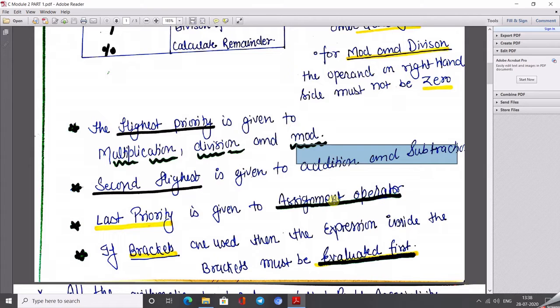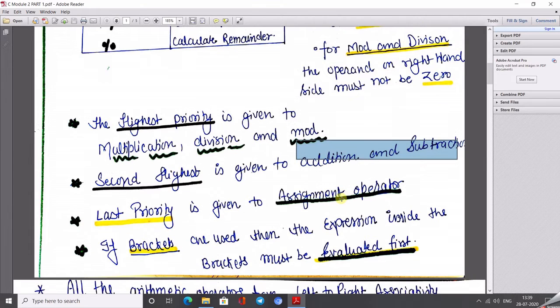Like we write A equal to B plus C. Here the equal sign is known in computer language as an assignment statement. That means the value of the right hand side of equal will be calculated first, then the calculated value will be assigned to the left hand side variable.